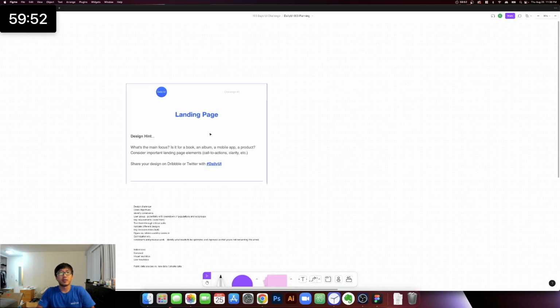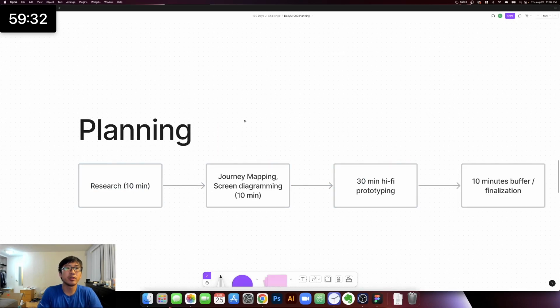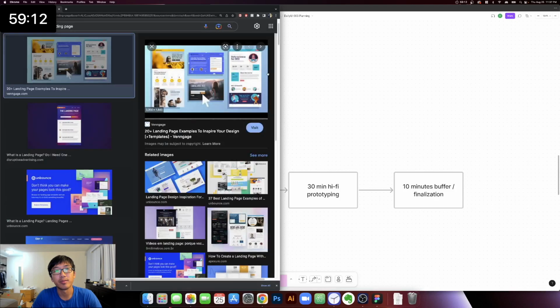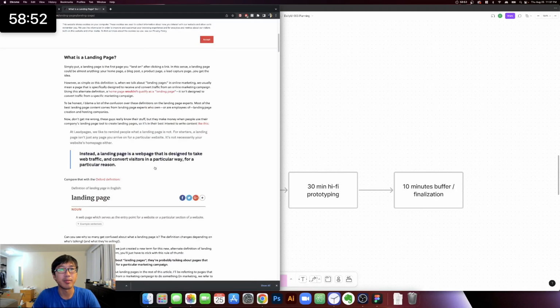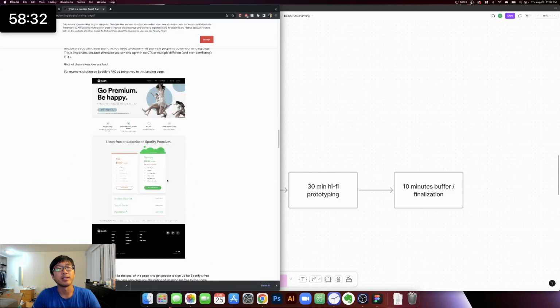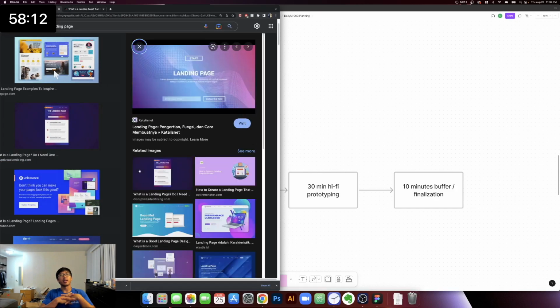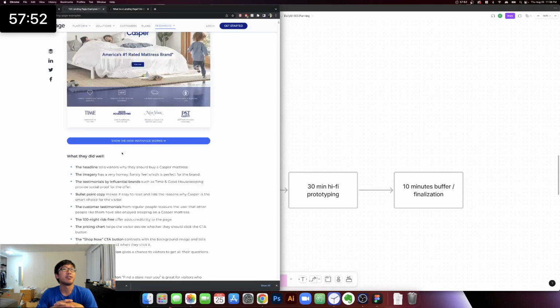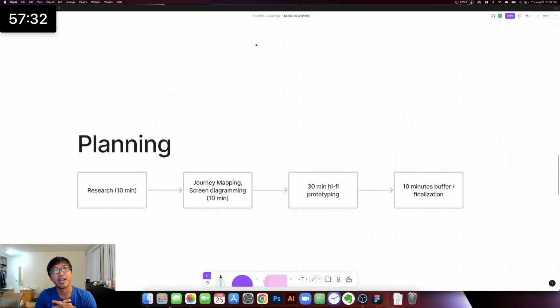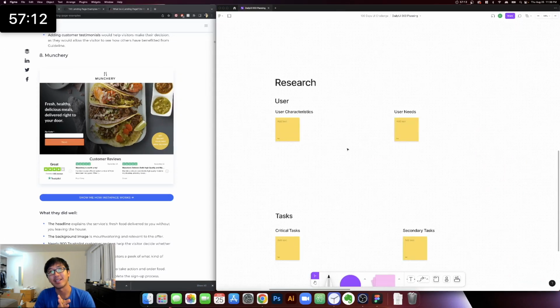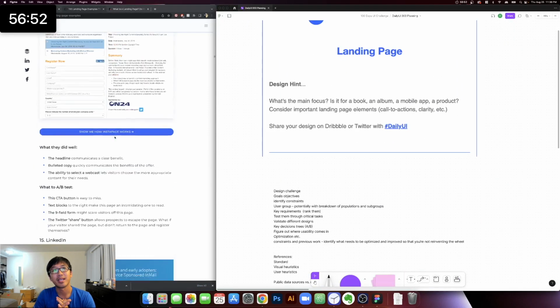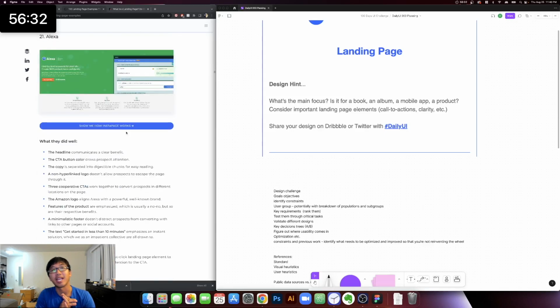Okay, so today I wanted to put a little bit more time into prototyping, a little bit less time in research, and the assignment was to create a landing page. I didn't even know what a landing page was, so I had to figure it out. A landing page is kind of like a one pager that's getting you to do something,